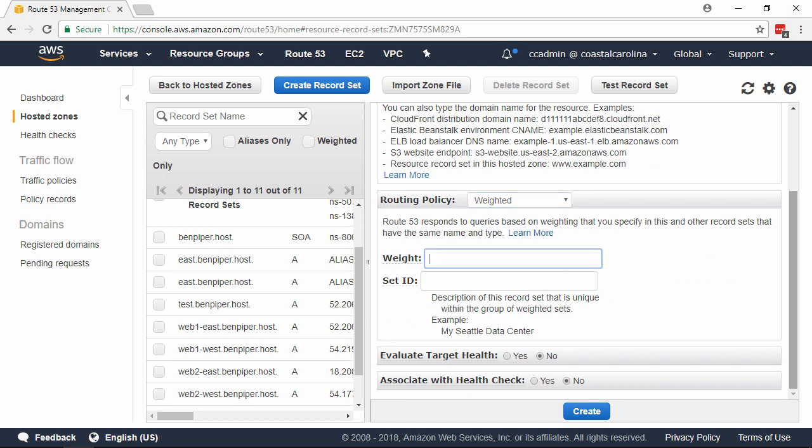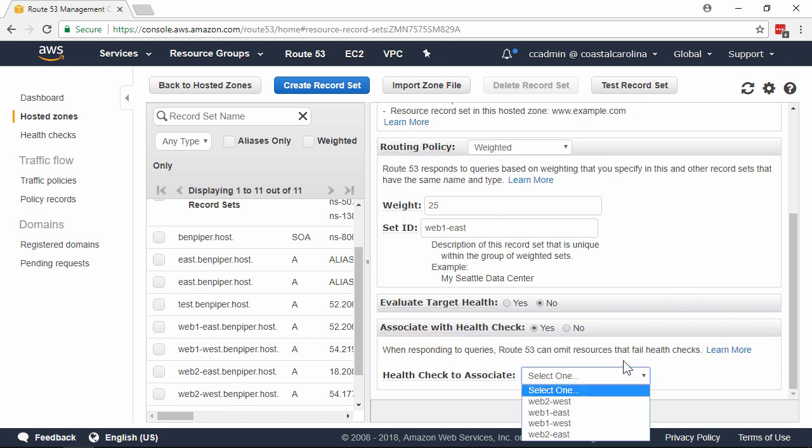Now it gives us an option for weight and a set ID. For the weight, we'll enter 25. Now the set ID is not automatically populated. You remember when we created the failover records, Route 53 populated the set ID for us. Not so here. This has to be unique per record, so we'll put web1-east. For associate with health check, we'll click yes, and then of course here we want to select web1 east